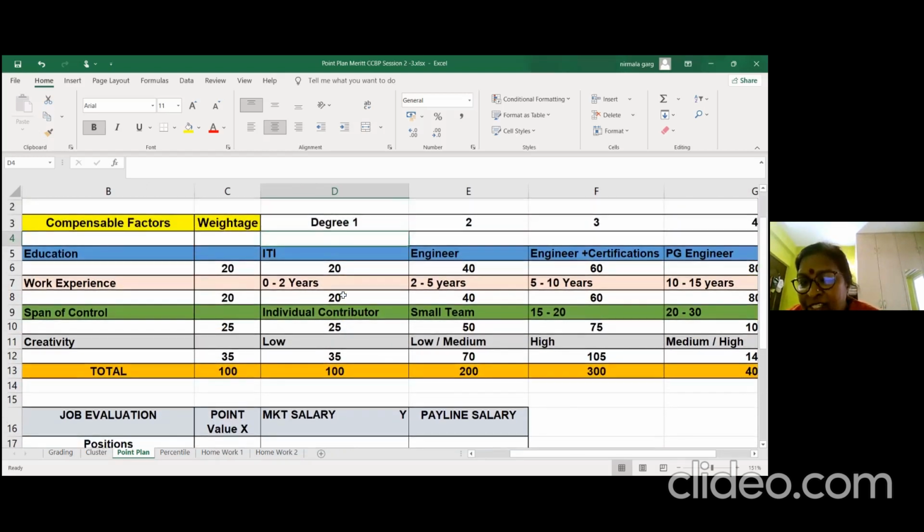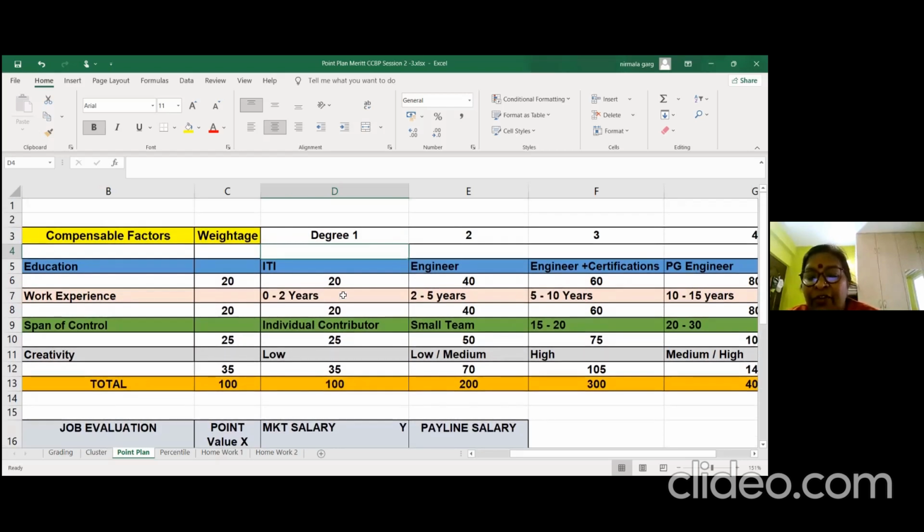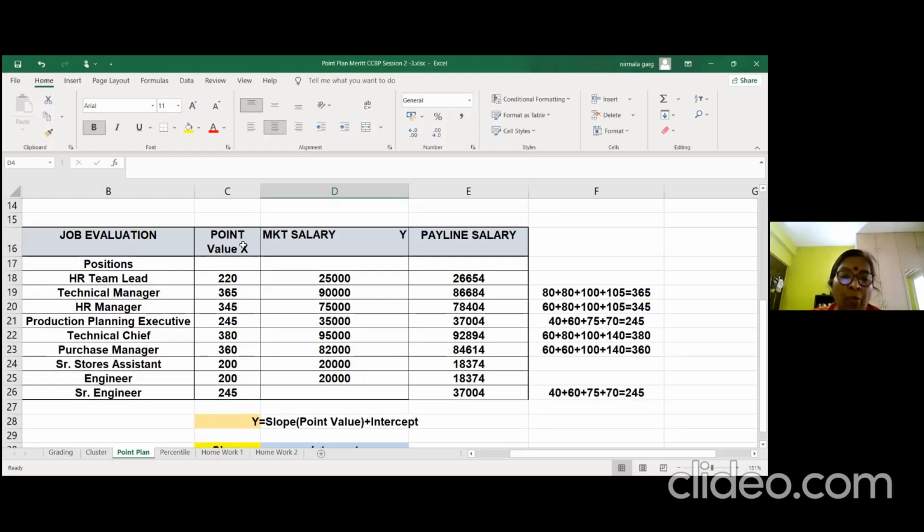Likewise, you have to do this for your positions. For your 10 positions, first of all, step 1, you have to create this, which you can use from your earlier one. Step 2, you have to put only 4 degrees. Step 3, then you have to create this weightage. Step 4, evaluate and then calculate the total point value for the list of positions. Got it? Then after you do that, please do these point values, and also you have market salary. So you can use the same market salary so that we don't repeat the exercise.